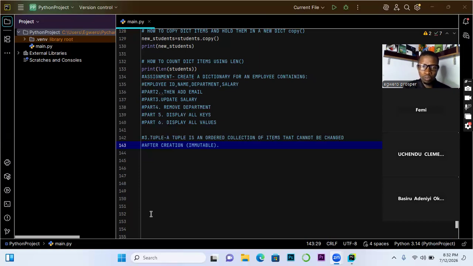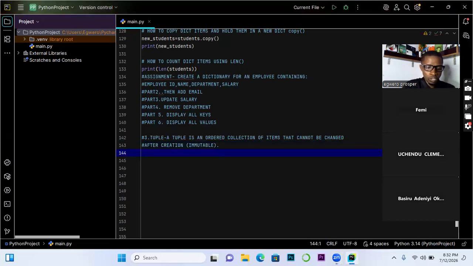All right, so now let's look at the syntax properly. Remember, I always advise us to pay attention to the syntax. That is what will actually help you to understand. Syntax is a set of rules in programming that help us know how things are to be done or how code is to be written.